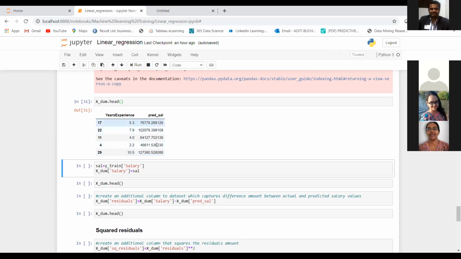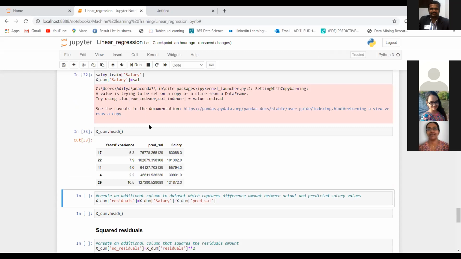So this person, let's say person number 17, who has 5.3 years of experience, we have predicted that he should have 76,000 as salary, but we already have the actual salary value for this person in our data set, right? So we will run this and we will add that.